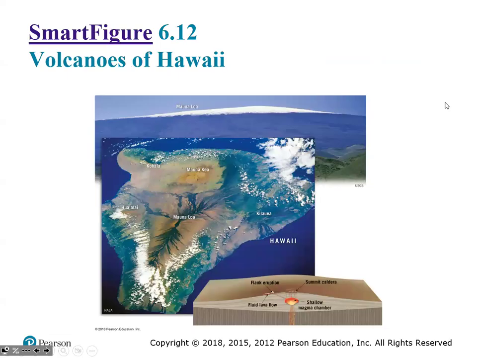So here, for example, in the Hawaiian Islands, see how they're broad but not super steep. You have magma rising up, a shallow magma chamber, and various things like the summit caldera. And Kilauea over here currently has a